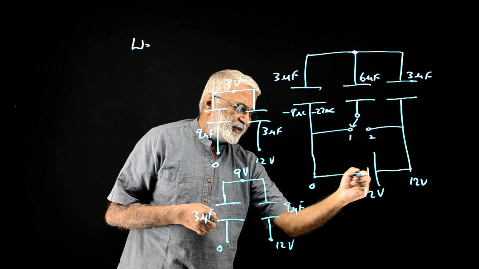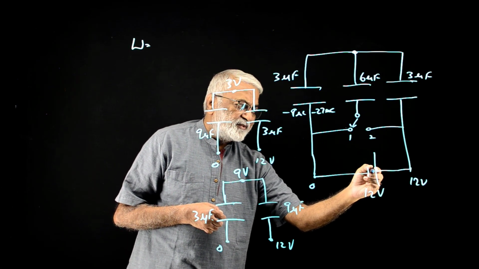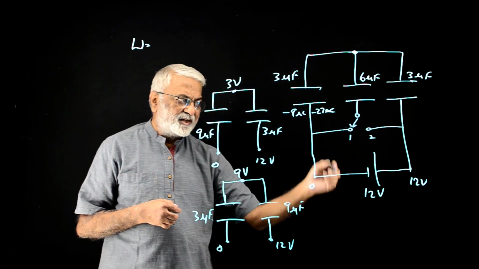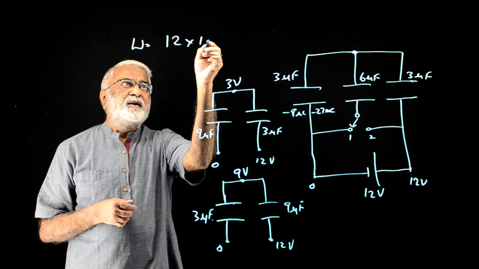Positive charge flowing this way, going away. So the cell is driving charge, so to say. The cell drives charge when positive charge goes away from the positive terminal or comes to the negative terminal. It circulates. So 12 volt into 18 microcoulomb, this many